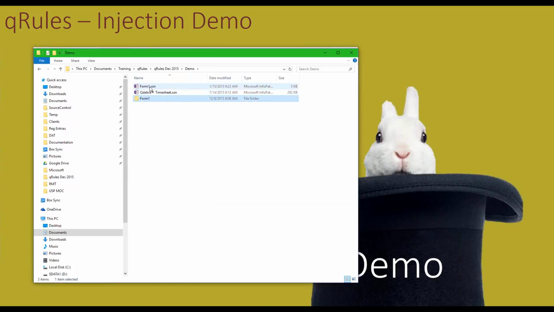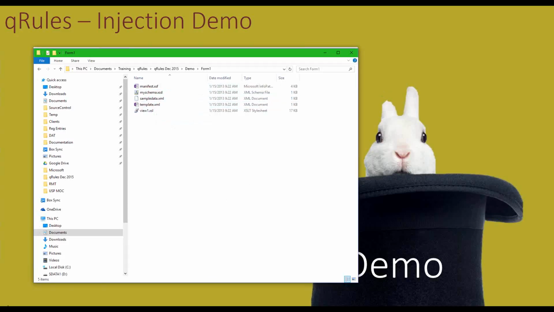If you don't have something like that, you can always rename the extension to .cab, C-A-B, and then you can extract the files. But just 7-Zip is a one-click. I don't have to make a copy of it or rename the extension or anything else. So this is just a really simple form, and you can see it's got your basic files that a simple form is going to have. Manifest XSF, the schema, sample data, template, and the view.